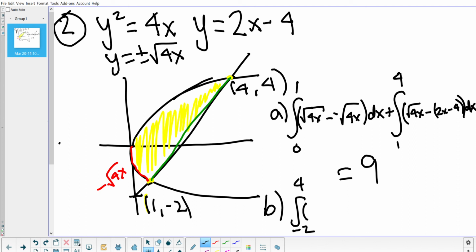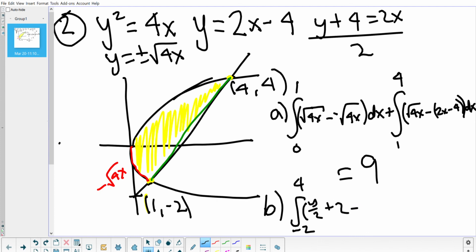Okay, right side is the line, but it needs to be written in terms of y. So up here, I'm going to add 4, so y plus 4 equals 2x. Divide by 2. So I'm going to write y over 2 plus 2 minus, okay, then over here, this is almost solved for x. I would just need to divide by 4. So minus y squared over 4. And in terms of y, that's all it is. It's not plus or minus. It's just one thing. It's y squared over 4. It's not a function, but